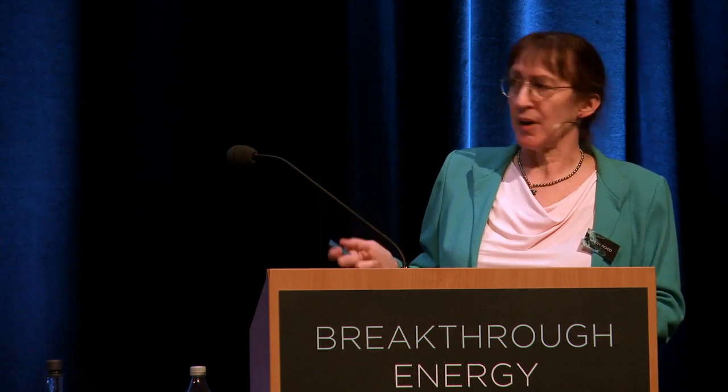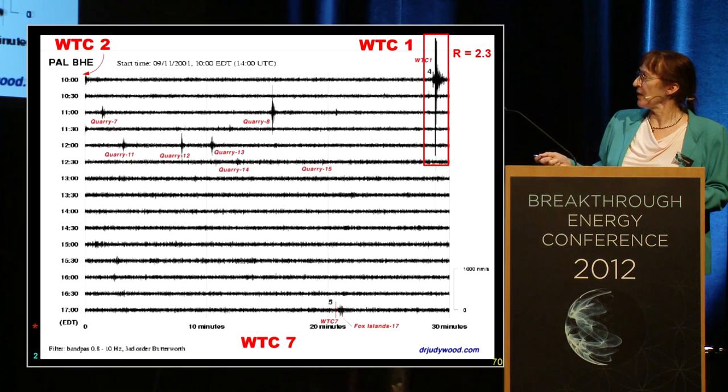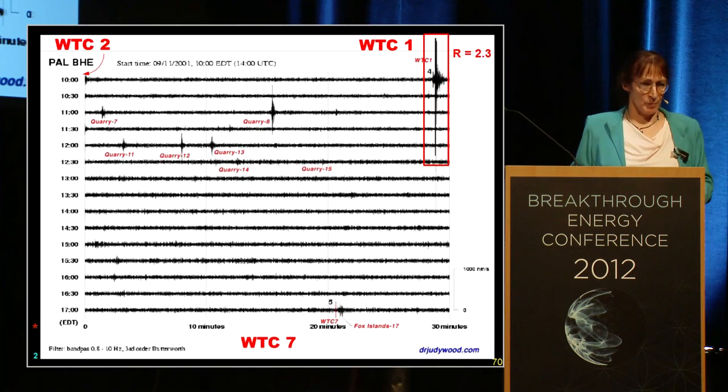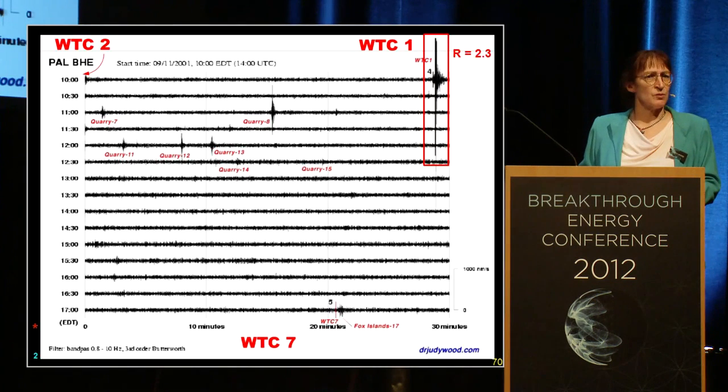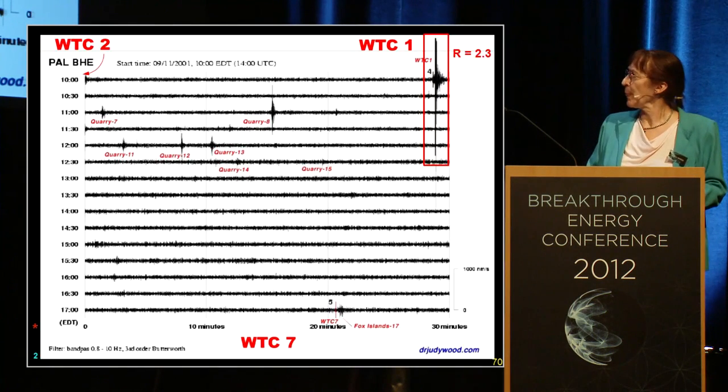down here. There was an earthquake in the Fox Islands by the Aleutian Islands, and that's what the mess is after that. But where this vertical red line is, there's no seismic event that shows up at this scale. Nothing that stands out from background noise. For a 47-story building's demise,